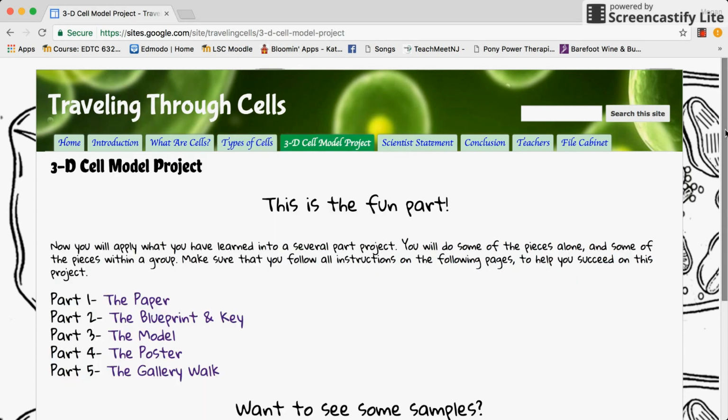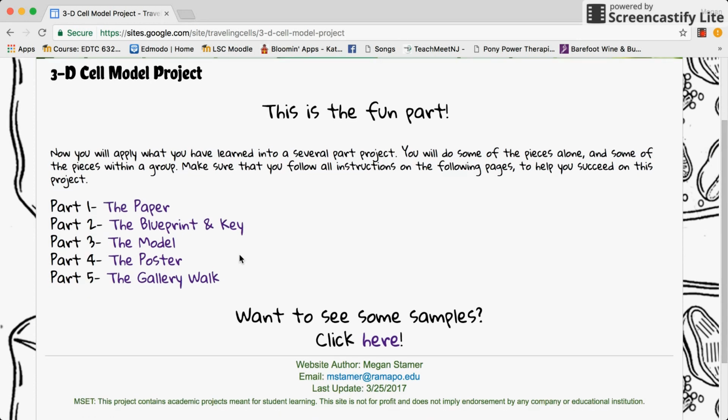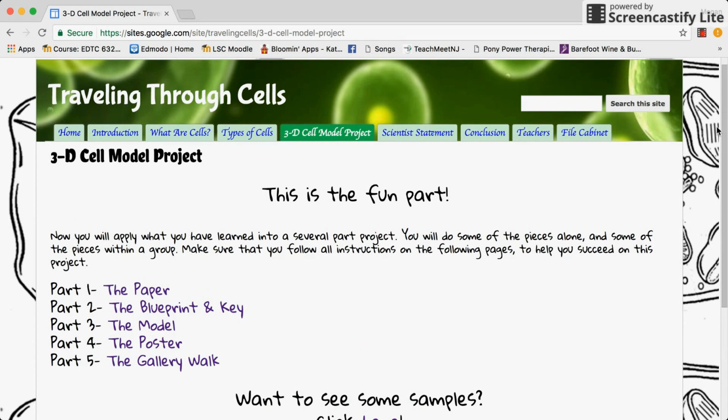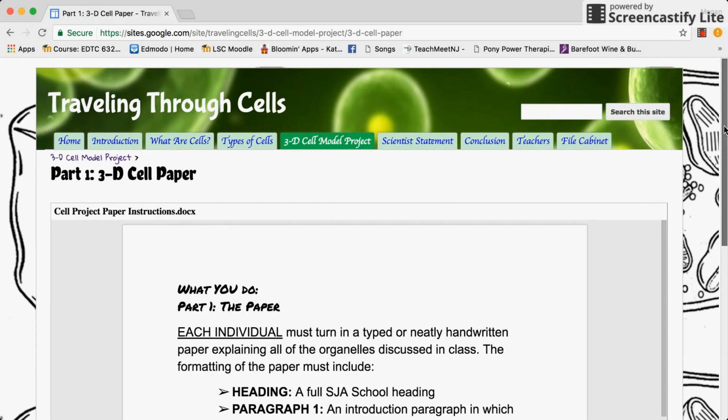When you click on this part, this is where you do all the fun applications. There are 6 different parts, 5 pieces that you're going to make, and a 6th piece of feedback. You'll have a paper, a blueprint and key of your 3D model, a poster to go with your model, and then a gallery walk where you will look at all the different types of cells created by your group. Click on the links here on this webpage or from the top to read all the different instructions for your cell paper,